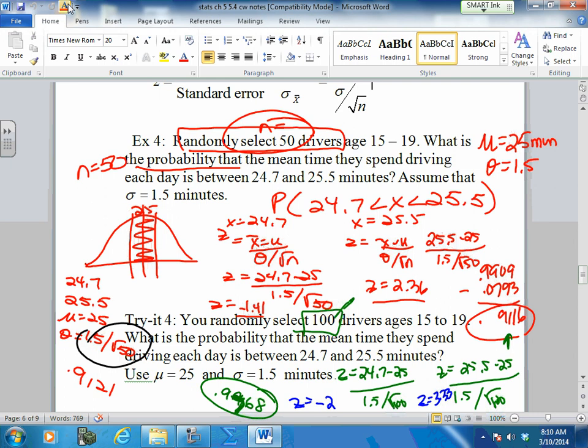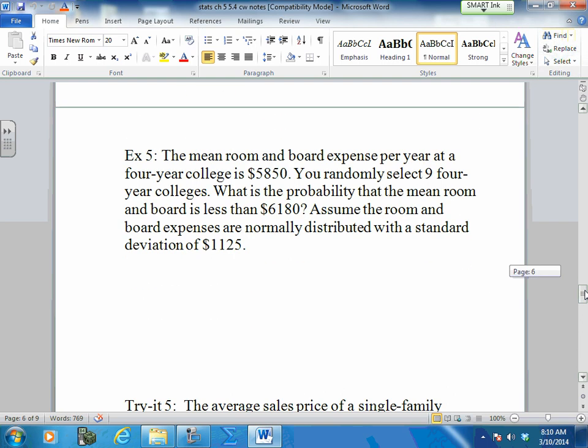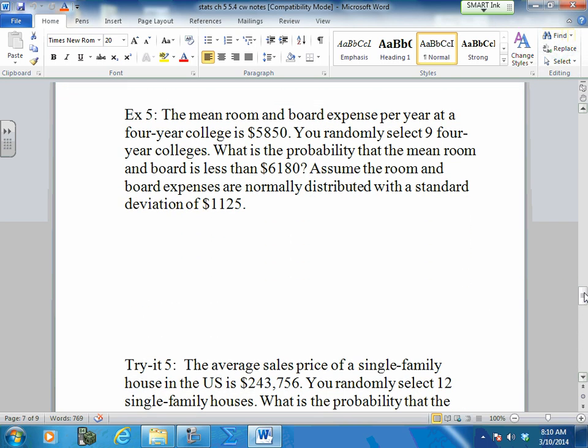Okay, let's try another one. These really aren't that bad. All right, one more, and then tomorrow we'll do the difference between the population and the sample. The mean